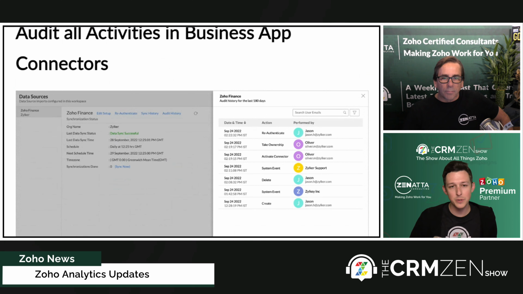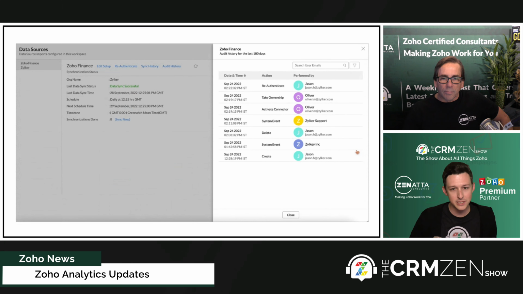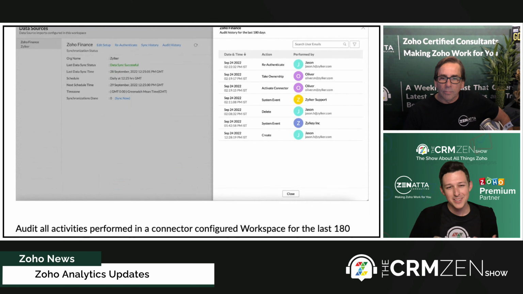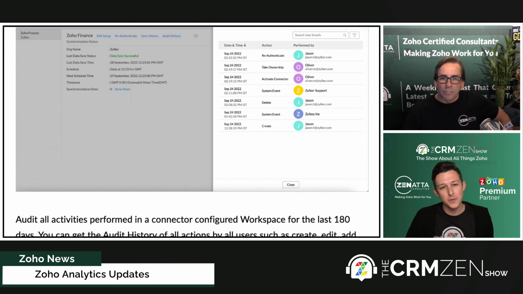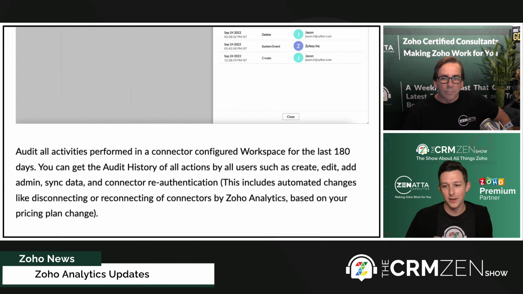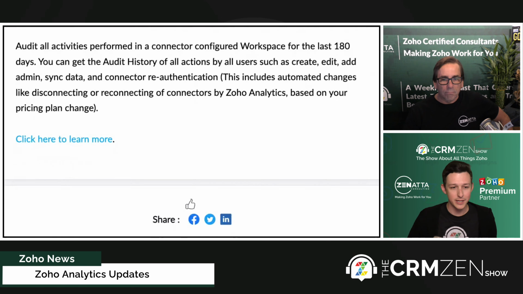Then some improved abilities here for auditing activities. So who has actually done anything with a given data source? If anyone's deleted it, pulled a manual sync. This is kind of in line with not too long ago, they added the ability to view a detailed sync history. A lot of these data source connections used to basically just be, well, you turn it on and then that's it. You can make edits to it, but you don't really know what happened, when it failed, if it failed. And so they're definitely expanding a lot of that, which is really nice.